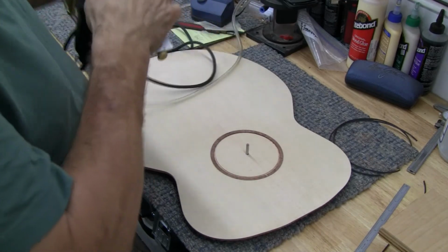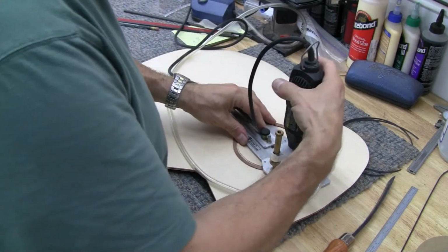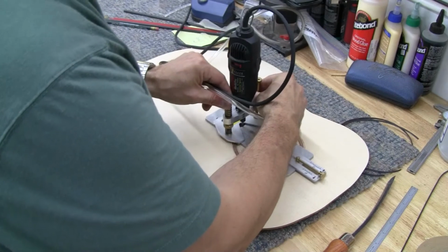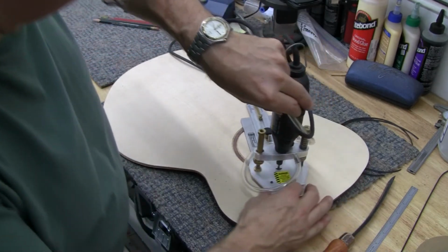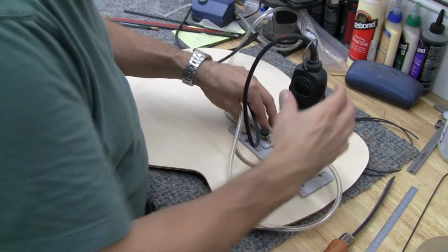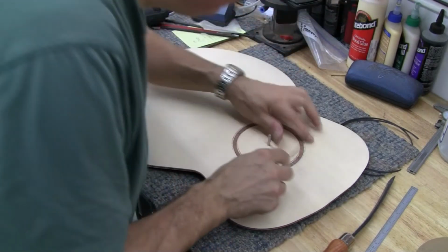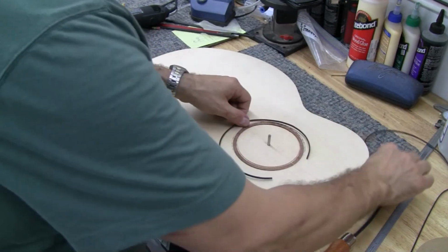So I want the inner edge of this bit to cut at that distance. There we go. Oh yeah, much nicer. It's the same as that one now. Perfect. So these two pieces are going to get glued into here next, and